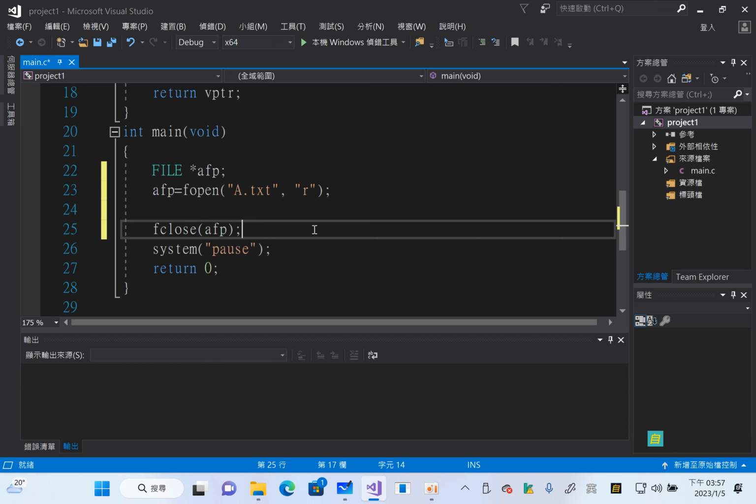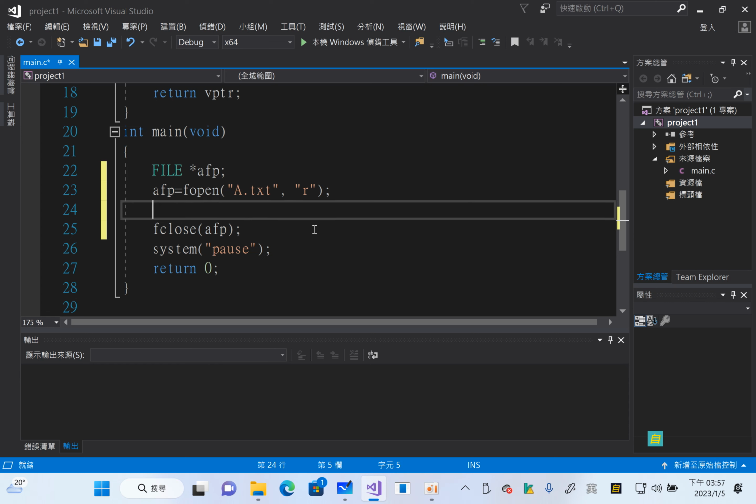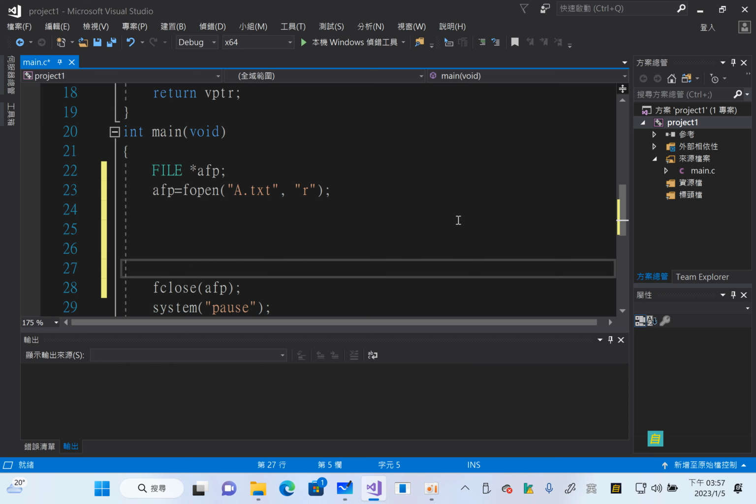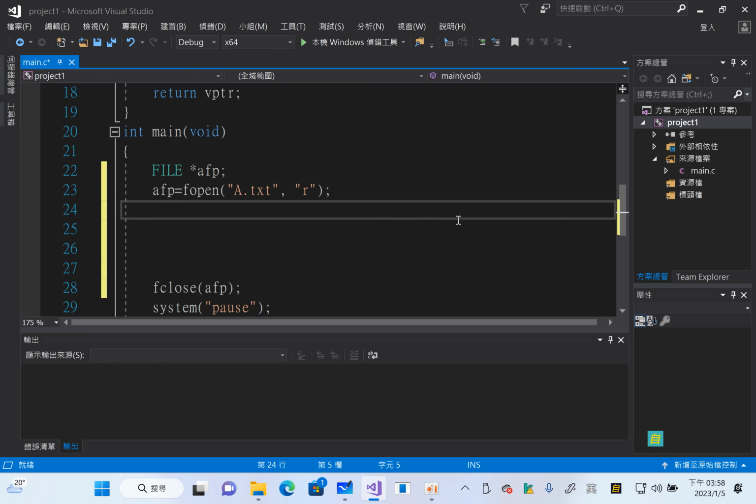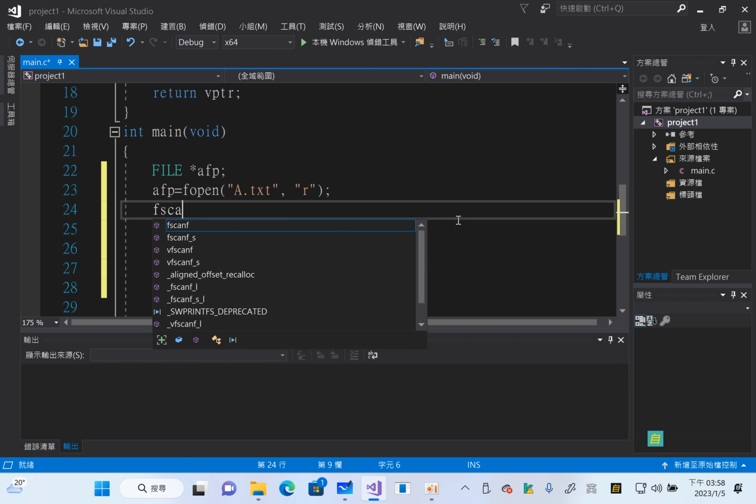It means we are not going to have anything to do with a.txt anymore. We just close the file, okay? So remember, when you open, you should end with close, okay? It's very important. Now, between here, what we can do is fscanf,